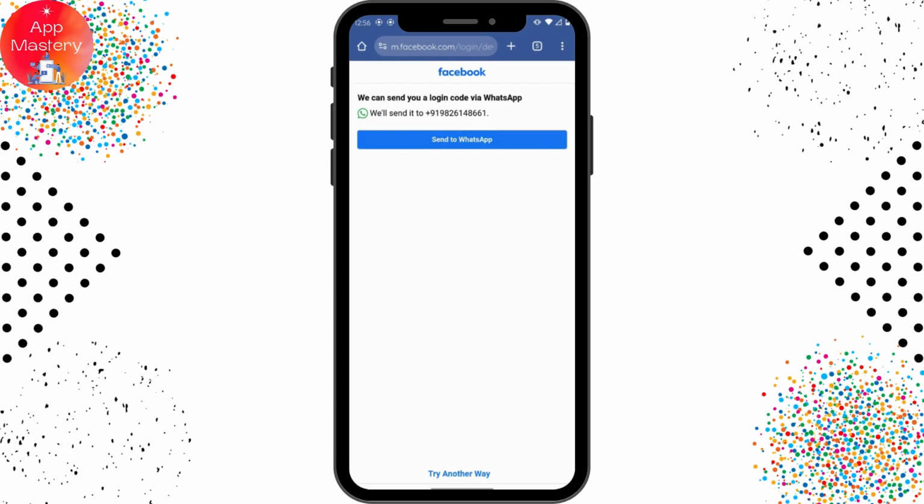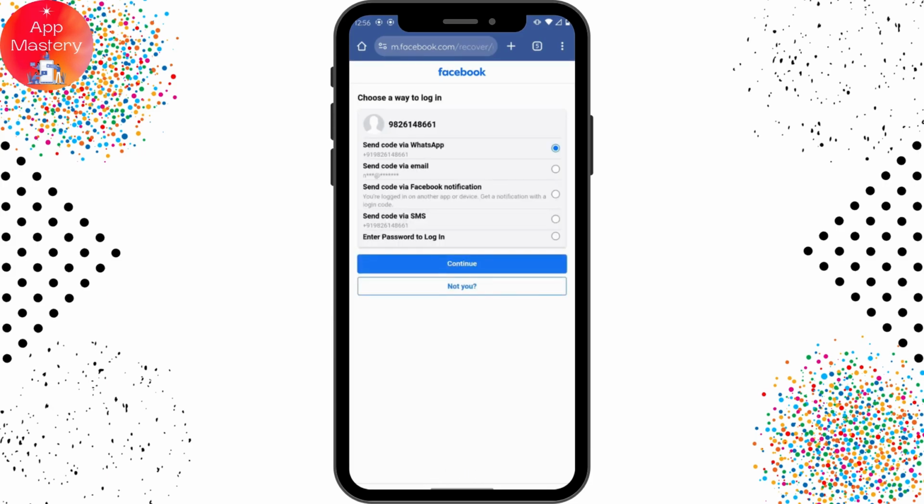Or if you don't have access to your number, then you can go for try another way, which is on the bottom, and here you will have all of these options, so you can simply choose any one of those options. Now Facebook has recognized your account, and you can choose any one of those options, and then you can simply go for continue, and you will get the code, and you have to enter the code, and after entering you will recover your